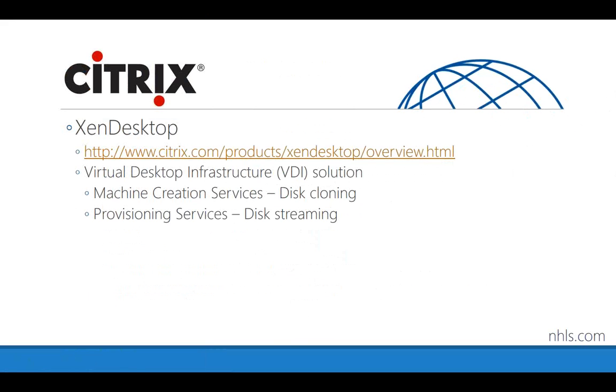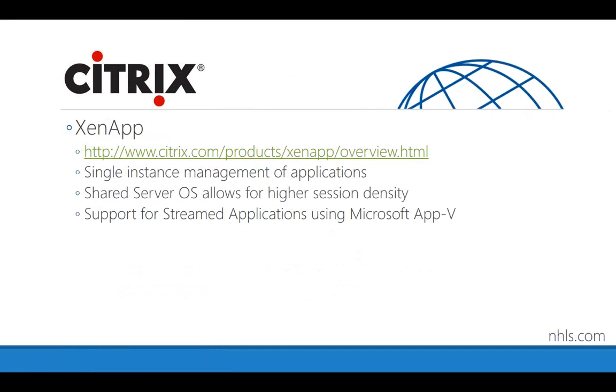So of course, with virtual desktops, you need a hypervisor to run them on, and that's why Citrix would take the XenServer license and give it to you when you purchase the Platinum Edition of the XenDesktop product. Now, in addition to the virtual desktop infrastructure solution, the third Xen product in Citrix's portfolio is the beloved XenApp product.